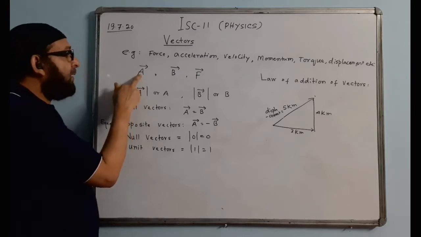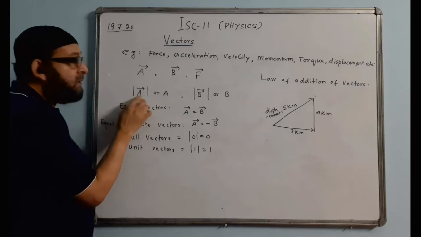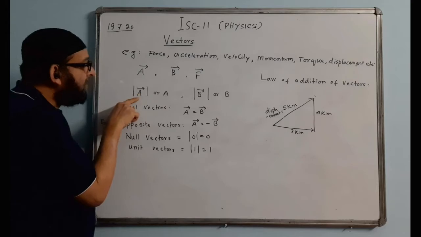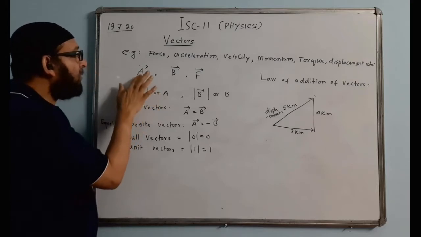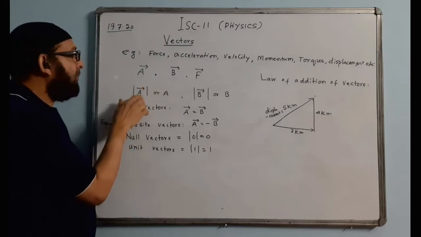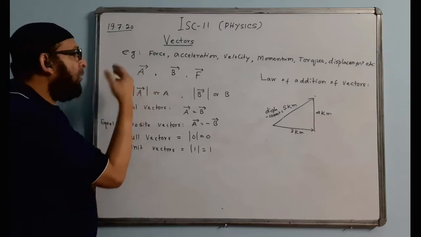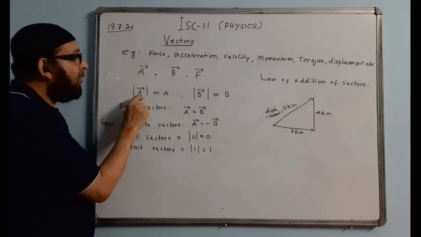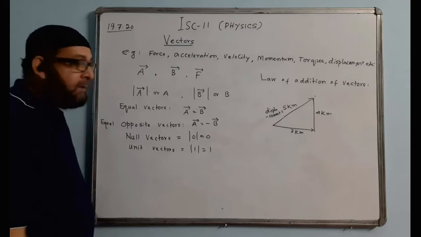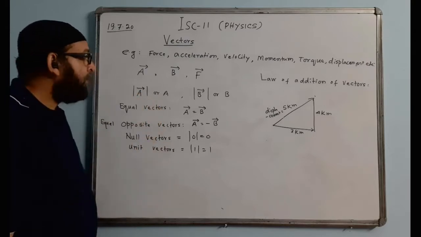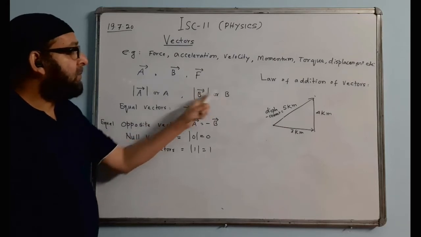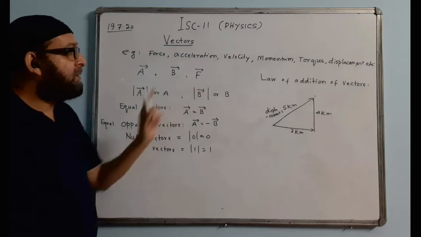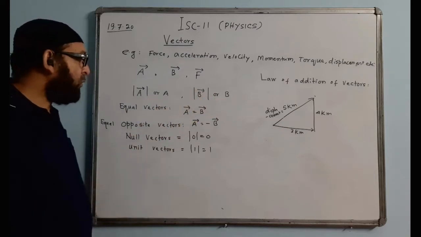So the magnitude of the vector A is given by this symbol. This is called modulus, or magnitude of vector A. We can write either this way or just A. That means we are talking only about the size of this vector. What is the numerical value of this vector? Maybe 50 Newton, maybe 60 Newton, or maybe 30 kilometer, whatever the numerical value, that will be denoted by this sign. Modulus, or we can just write simply A without any arrow. That means this is only the value of magnitude. Same way for B, we can write either like this or this. This is the magnitude of B, modulus of B, or we can simply write without arrow. That is only magnitude.